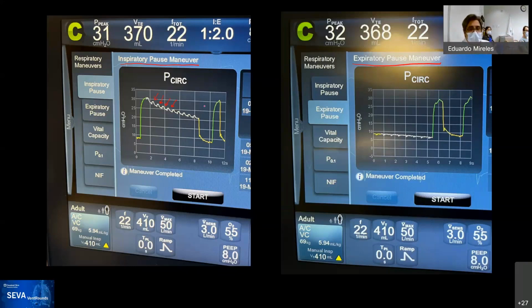Now, one of the questions that came up was why are they so visible here? You can see the scale is exactly the same, 0 to 35, and on the other side it goes 0 to 35. Well, this one has -5, but you can barely see the oscillations, though you see them, right? You can see how they are there. Why is there a difference in transmission? Lung versus